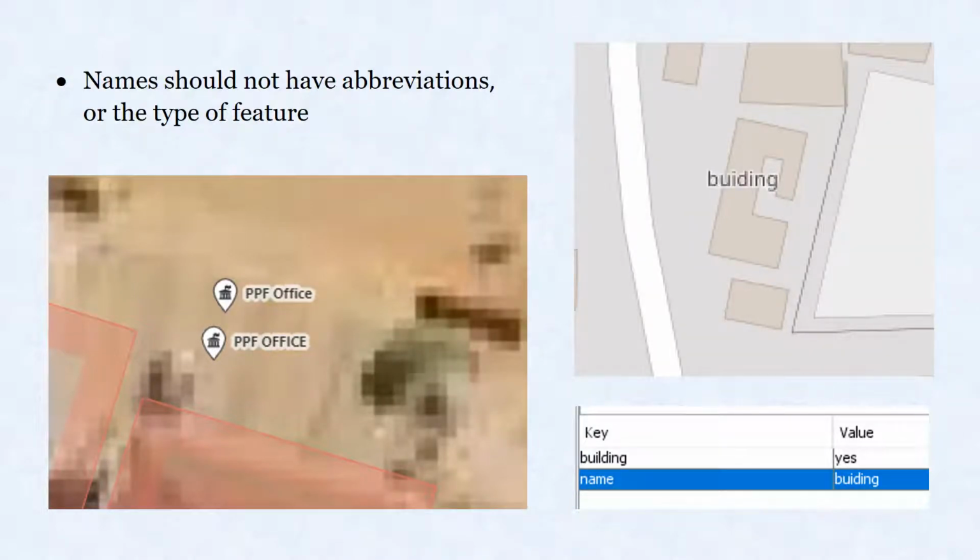Now, if you know what it is when you're using maps.me, like SDA church, it's easy to type SDA church. Then when you get back to using iD, you can spell out Seventh-day Adventist Church. It's because it's not just local people who will be using the map, but aid workers or visitors to a place, and they may not be familiar with the local abbreviation. So